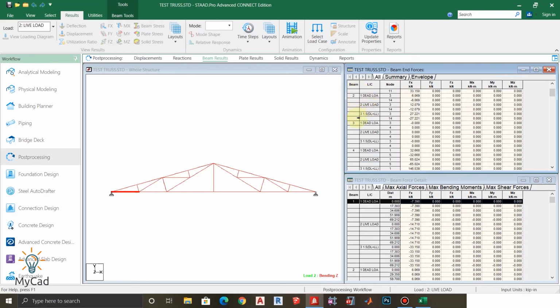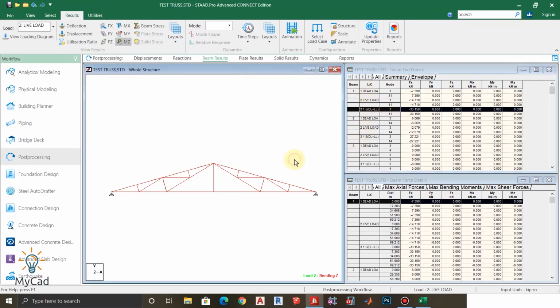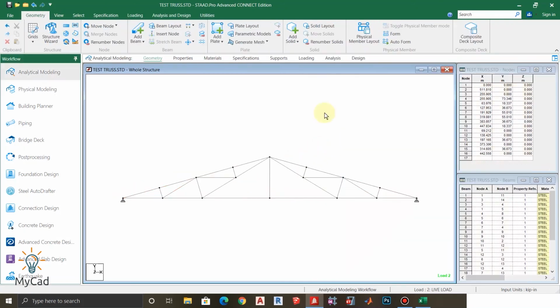Similarly for the second member, third member, and all the members, and according to the load cases and combinations are available here. You can just take down the values from here in your Excel, or you can just copy all these values, and this is how you can apply loads and get the axial forces and support reactions from your structure.